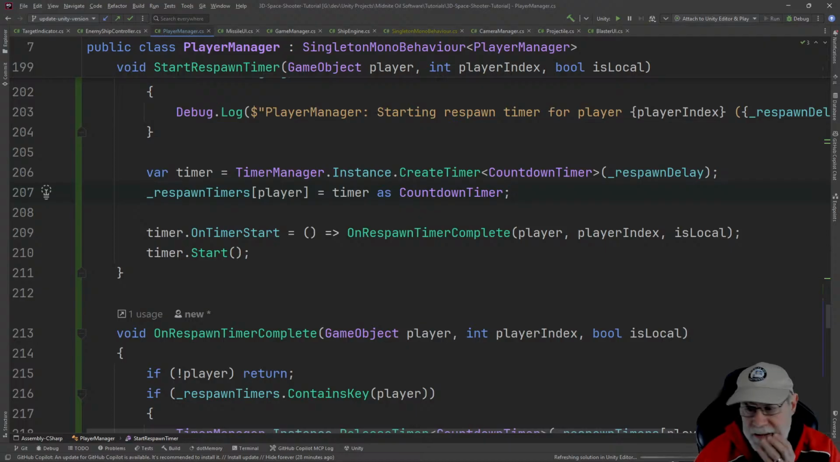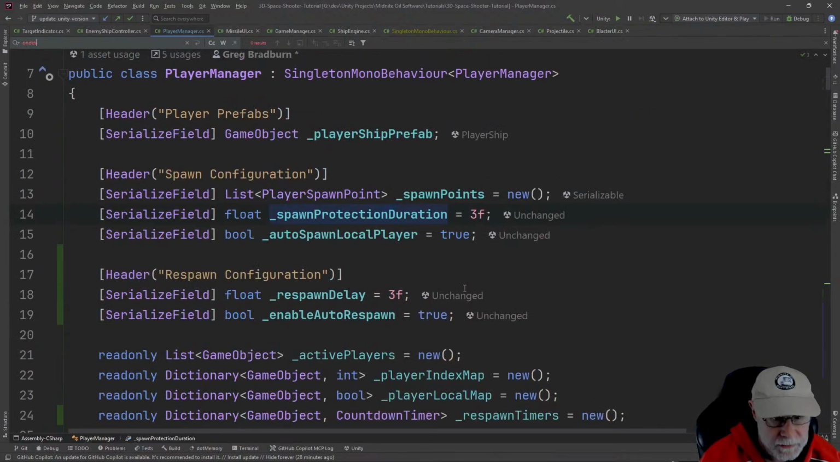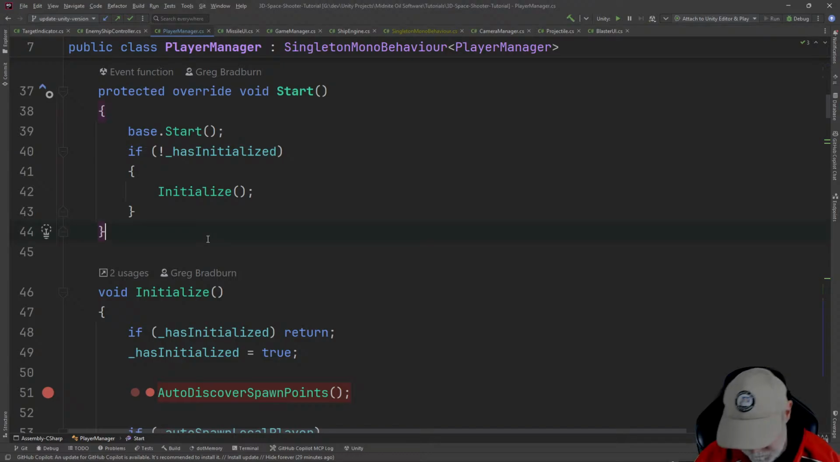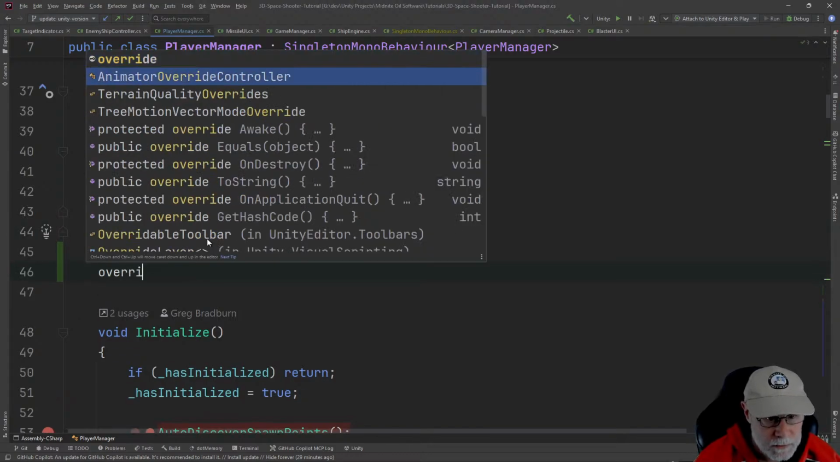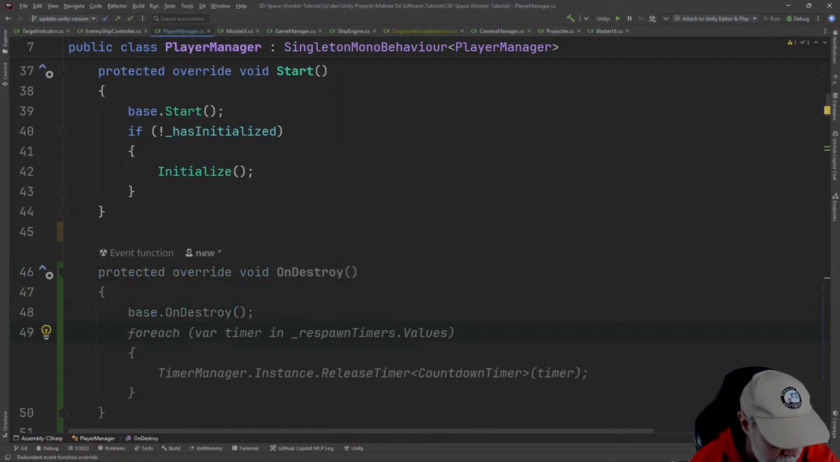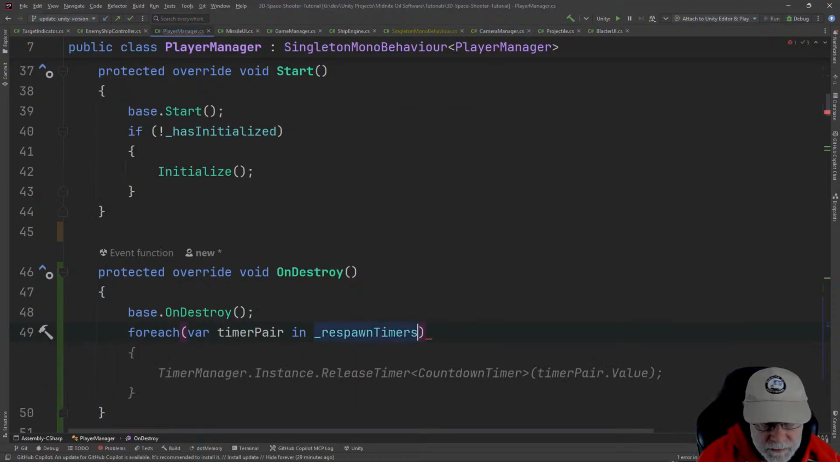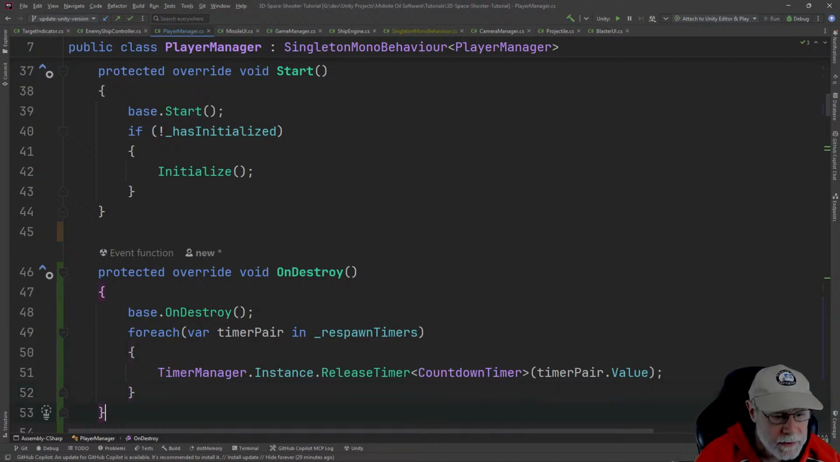Okay. Now I also want, in on destroy, to clean up our timers. So let me find on destroy. Do we not have on destroy in this class? Doesn't look like it. Okay, so I want to call base on destroy and check that out. I'm going to say for each var timer pair in respawn timers, I want to release the timer, and then I'm going to want to clear